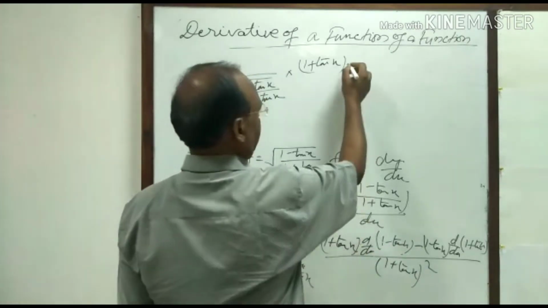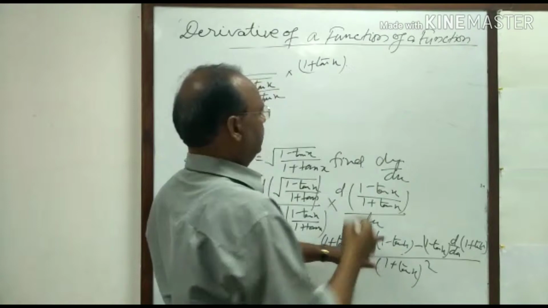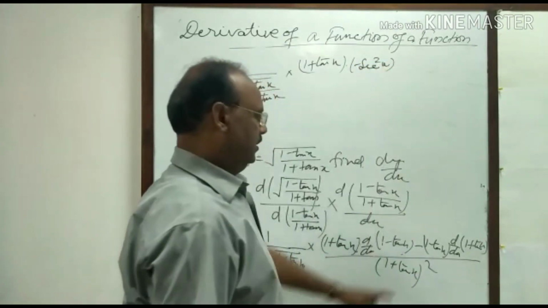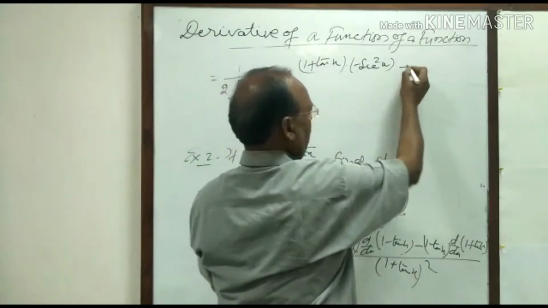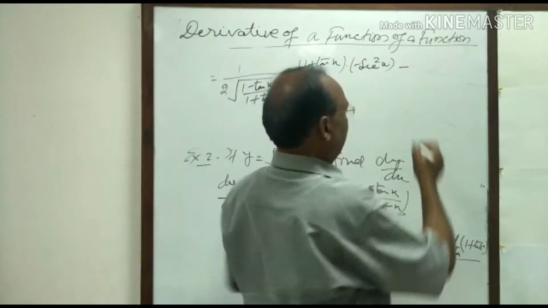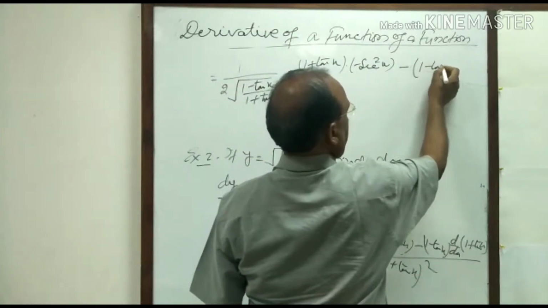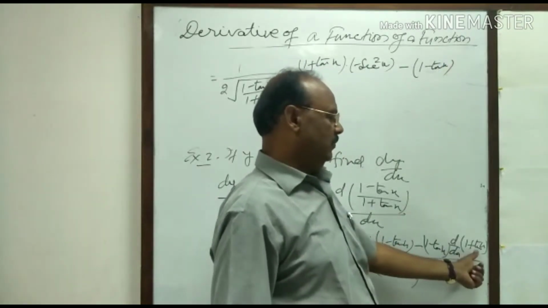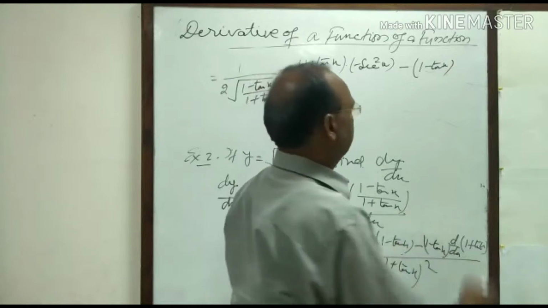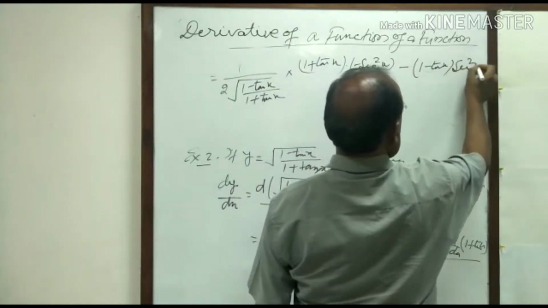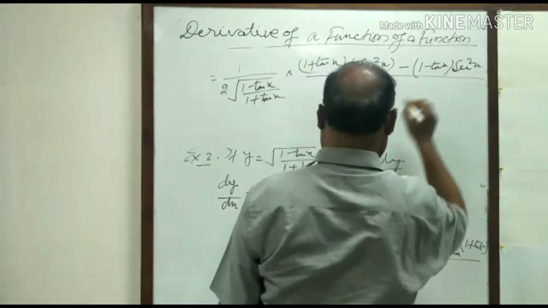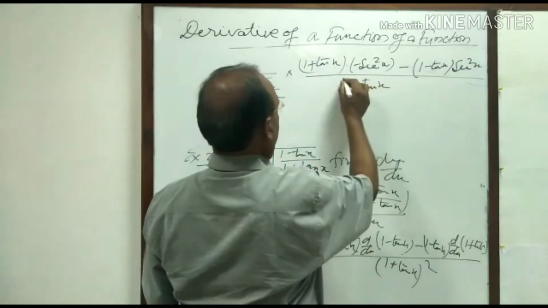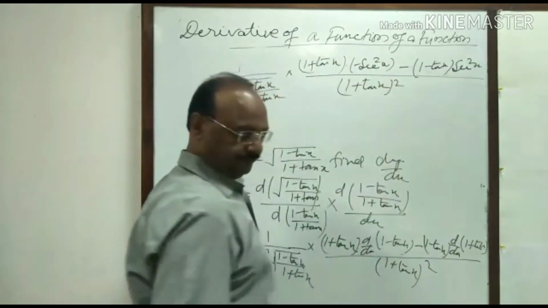So this negative sign is here, minus sec square x. Here we can write minus of (1 minus tan x) bracket (1 minus tan x), and similarly here derivative of (1 plus tan x) is sec square x, into sec square x upon (1 plus tan x) whole square,